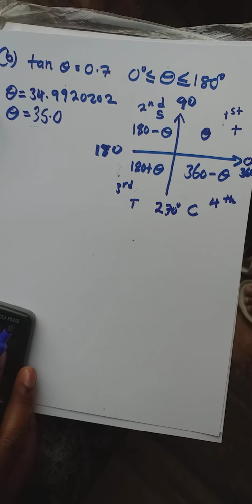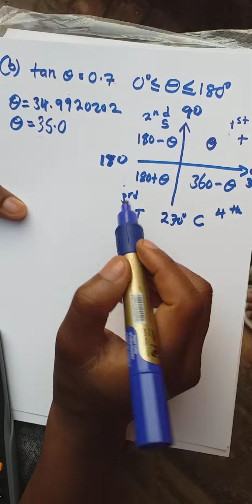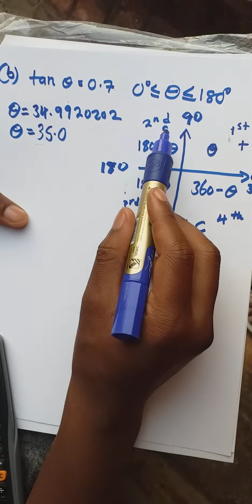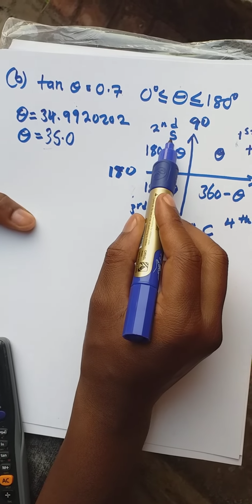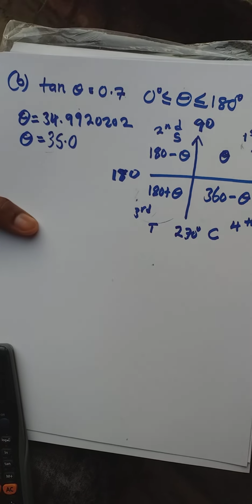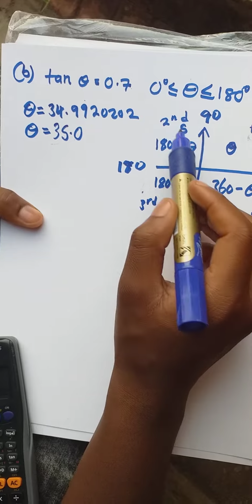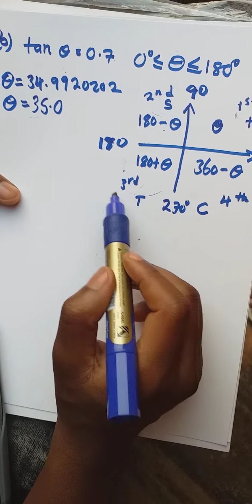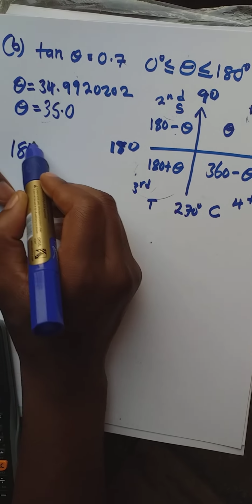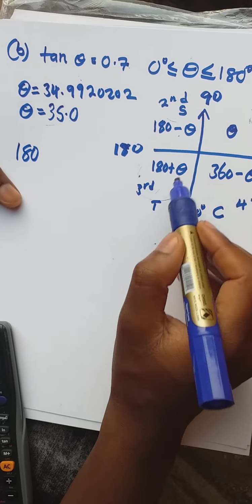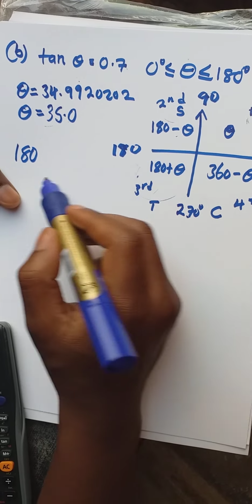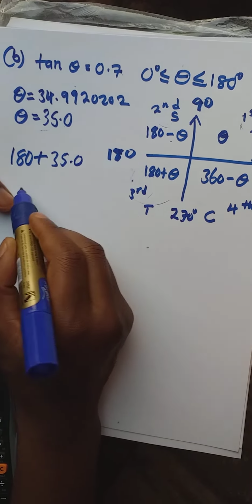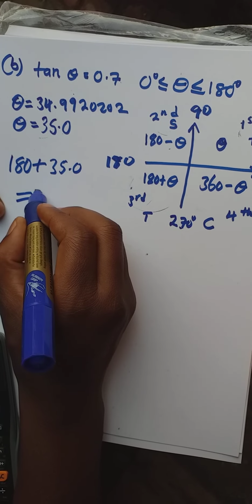So I want you to start to understand me very clearly. Here, if it's getting the second angle, you need to get it in the third quadrant. Why? Because in the second quadrant you can't get any angle for tan, between 90 and 180, that will give you a positive value. Here in the second quadrant only sine is positive, and for the third, that's where tan is the only one which is positive. So that's why you can get it. So it will be 180. The relationship in the quadrant for tan is 180 plus theta. So theta is coming from the first angle that you find very easily, which is 35.0. So what you get here, when you add, is